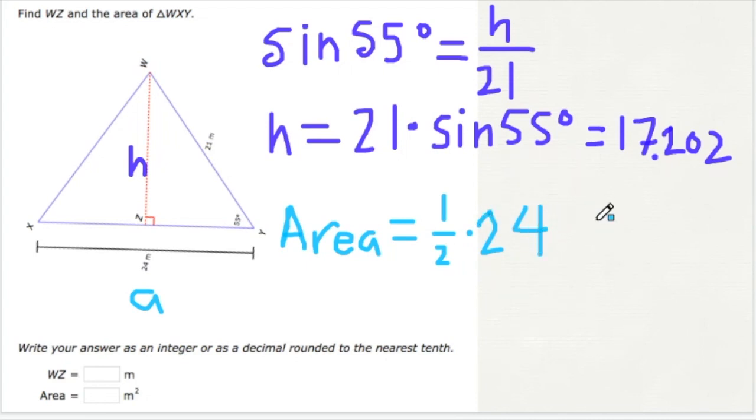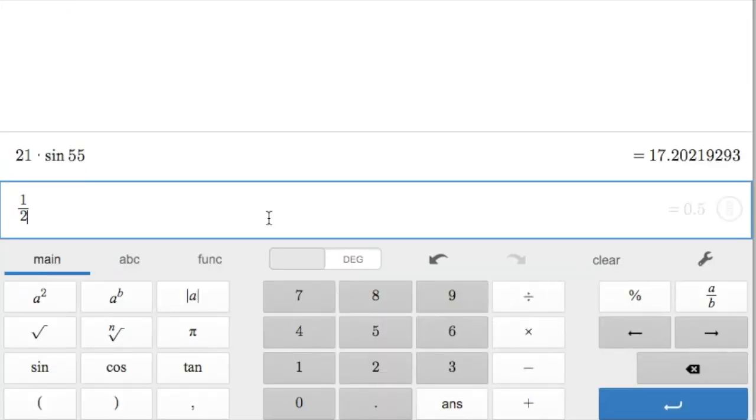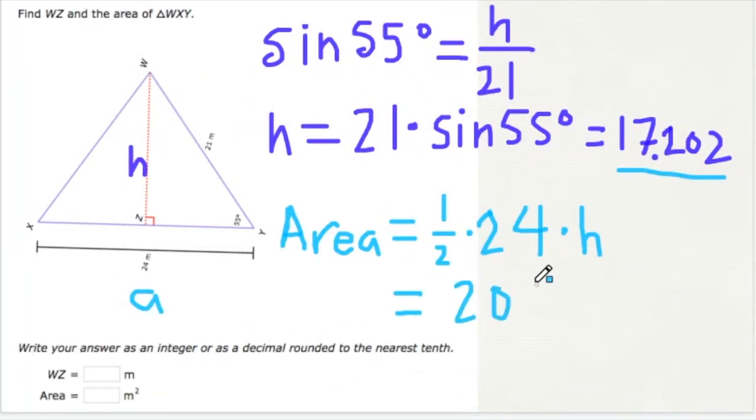Now to find the area, we just take 1/2 base times height, which is A times H. And since we know A is 24 and H is 17.20, and so on, when I'm in Desmos, I'll type 1/2 times 24 times the answer, which was ZW, or the height, because I don't want to round too soon. If you round now and put 17.2, it might make the answer of your area incorrect. So nearest tenth, 17.2, and area nearest tenth,